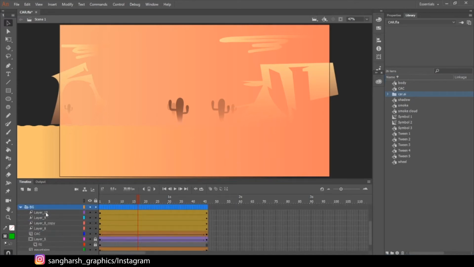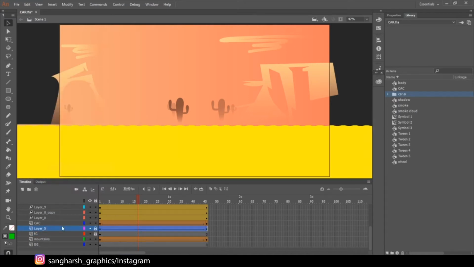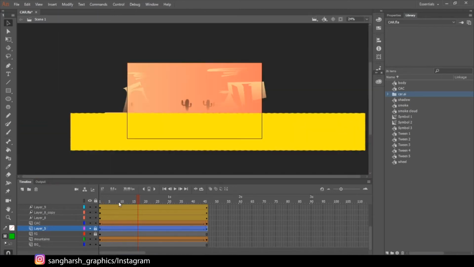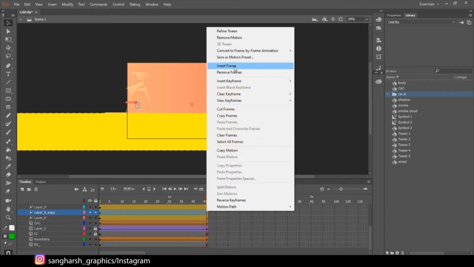Okay, I have imported all of these here, and now I will show what I have done with that wave animation work. So here it is, here is the wave. Firstly, I make all of the layers, add a keyframe set here, just click here and insert frame. It will create all the in-between frames up to here. I have created it for all the layers.